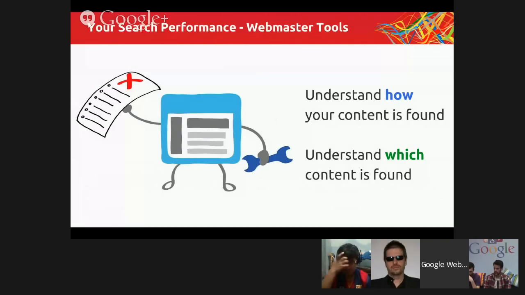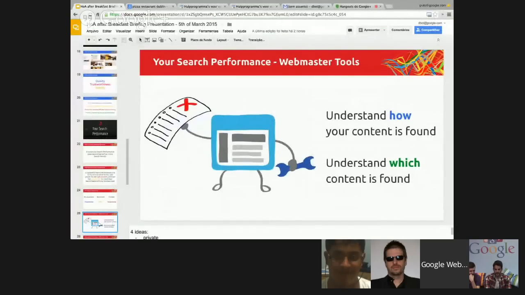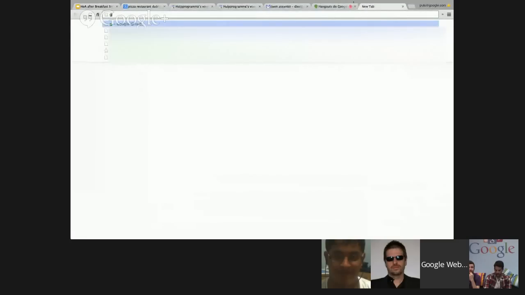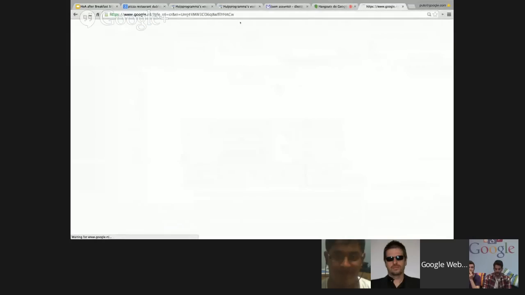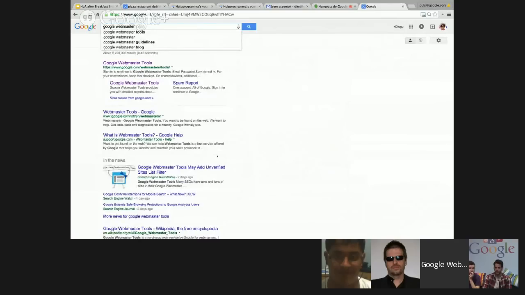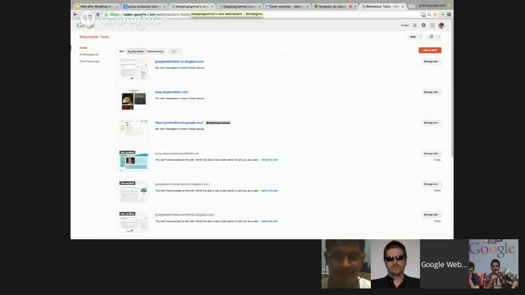So to do this, we are going to go into a quick demo. Here, if we go back into a Google tab and just search for Google Webmaster Tools, it's very easy to find, because Google considers that if you look for Google Webmaster Tools, they're the ones that we should be showing you. So you see here, we actually enter, and this will be what shows up first.